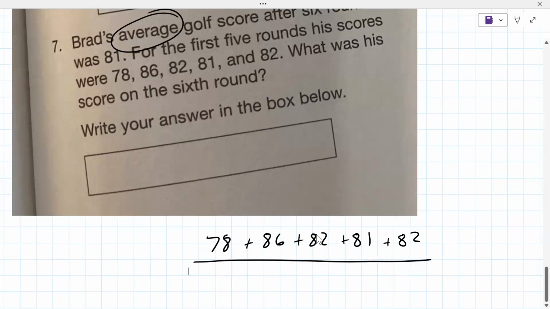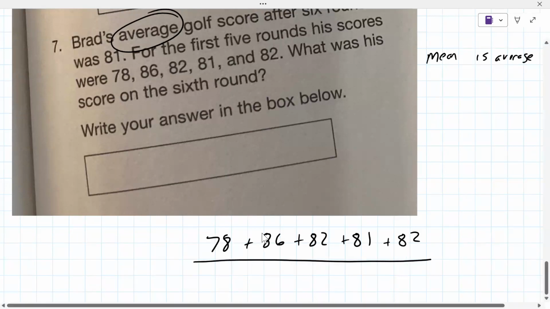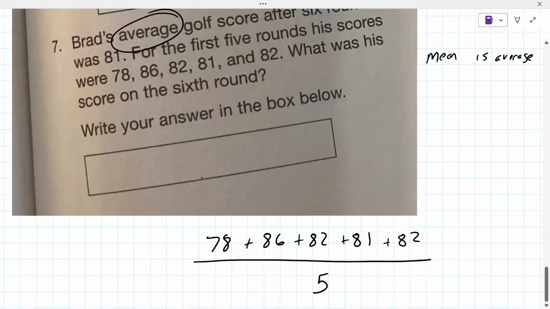Oh, I remember the formula for this, but it's called something else. The mean. Yeah, the average and mean are the same thing. Okay. So how many numbers are there here? 5. So you divide by 5. Okay. But what's different about this problem